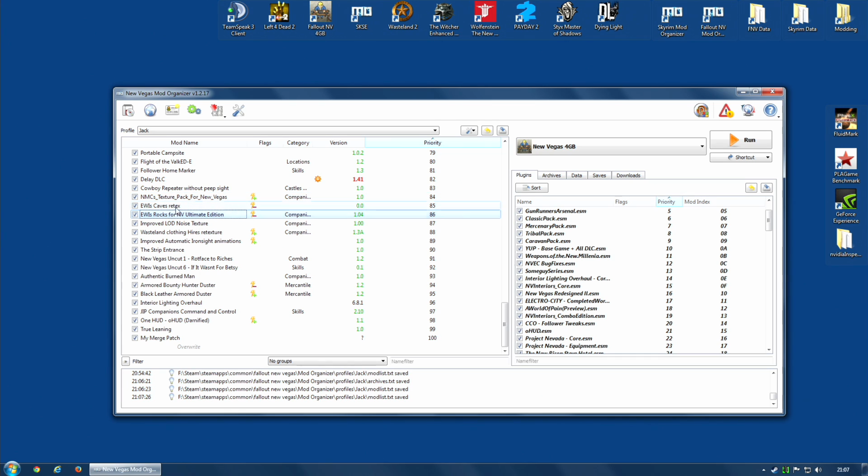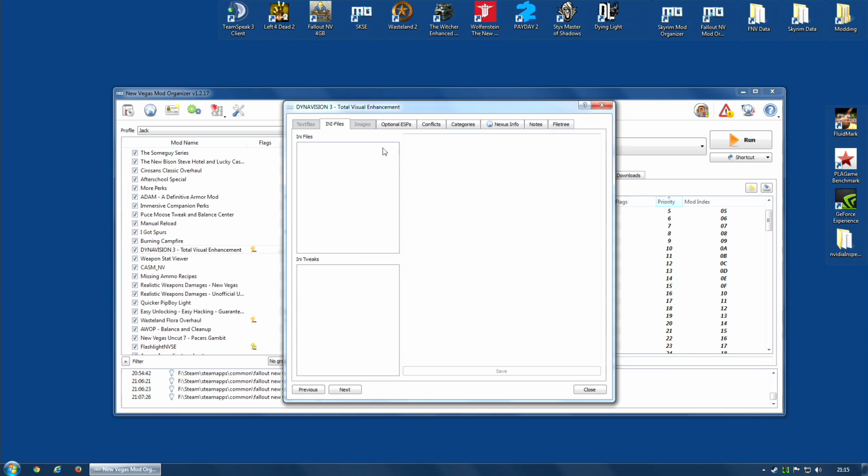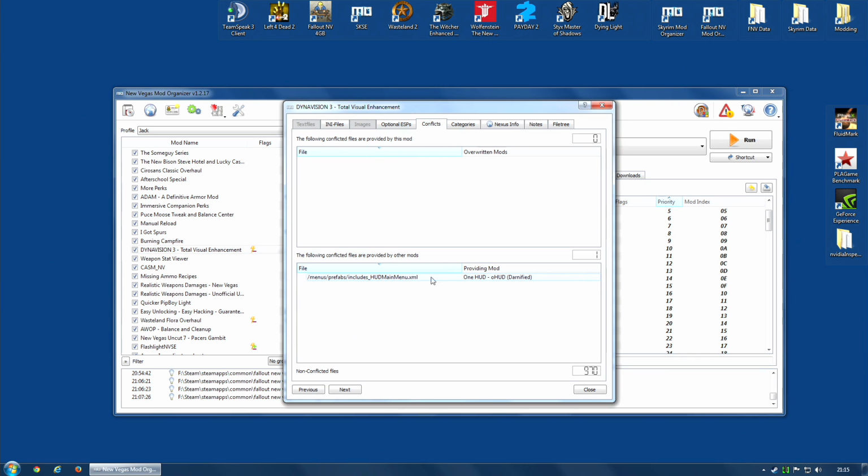So I must get the priority correct. We also mentioned One HUD earlier. I need One HUD fairly low down so that it actually covers any of the mods it's compatible with. And of course, I have many other conflicts to fix, and I'm afraid the only way to do this is to actually look at the mod, check the conflicts, see which mod it's conflicting with and which file, and then